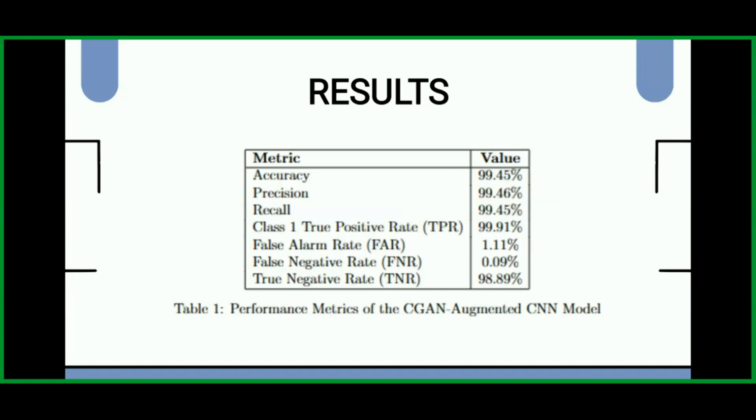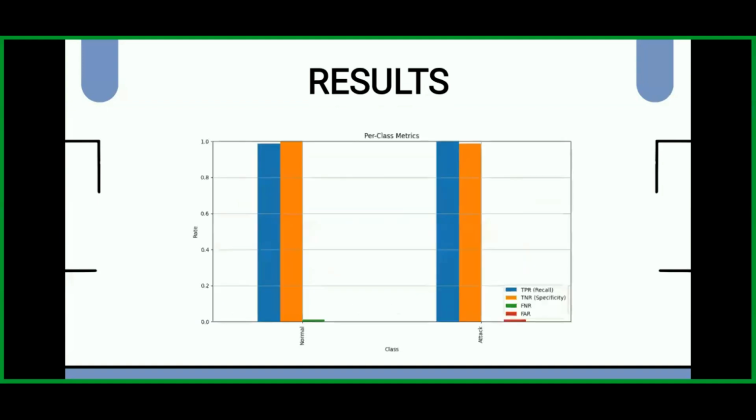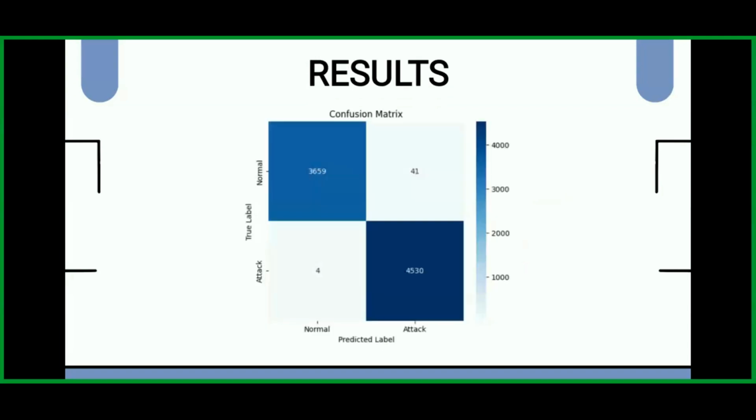Our main focus was to improve the false negative rate, FNR, which we have done and carried out through these results. These results are already shown in graphical representation and in the table, which clearly mention everything: TPR, TNR, FNR, and FAR. That's the confusion matrix, which is used to show